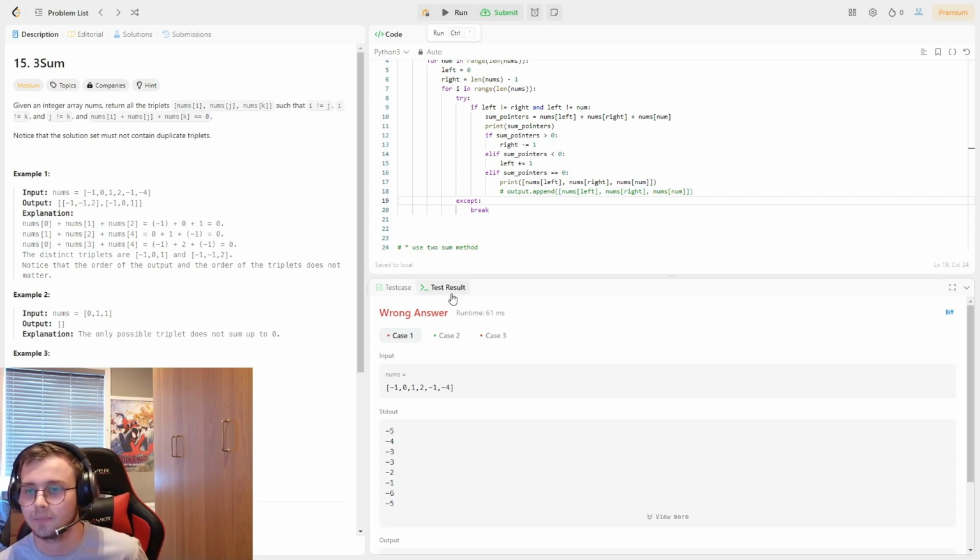Let's try and do a dry run of this. So you've got -1, -1, and -4. So we do, these aren't the same, so we don't actually do anything if they are all the same. So if left is not equal to right and left is not equal to num,